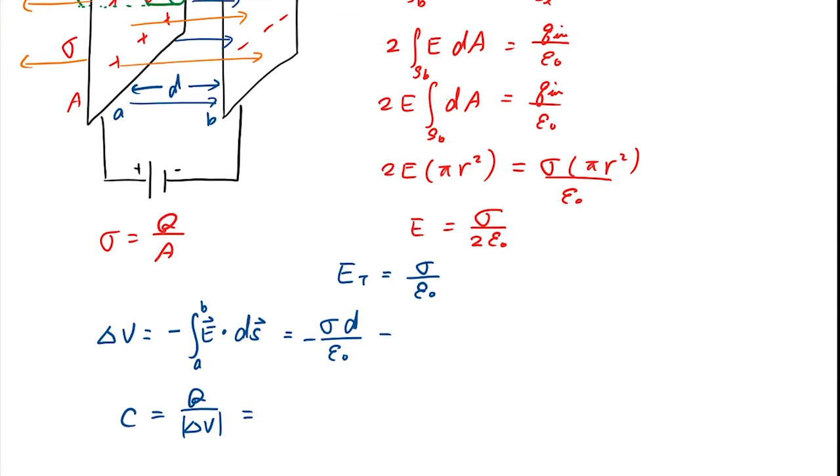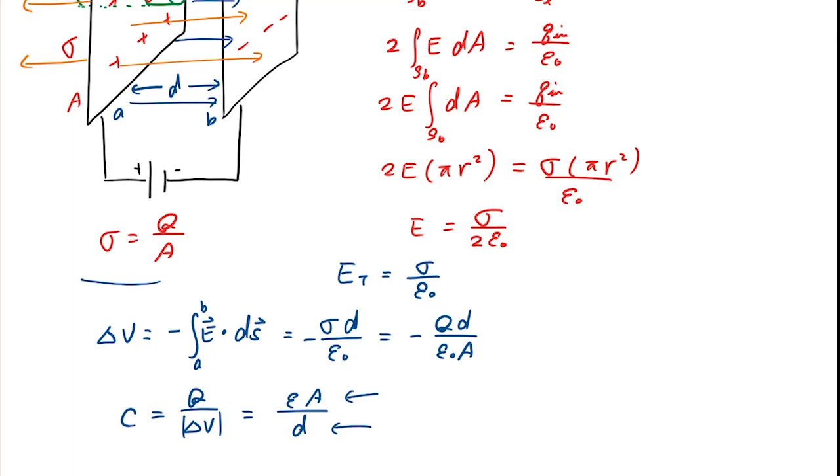Okay, now here is where I want to substitute this value right here. So this sigma is Q over A, so what we have is Q D over epsilon and A. Good. The reason I want to substitute it is because I see Q here, so I want to cancel that Q. Okay, so dividing by this, we will have epsilon A over D. Good. So what we can tell from here is capacitance is proportional to area and inversely proportional to the